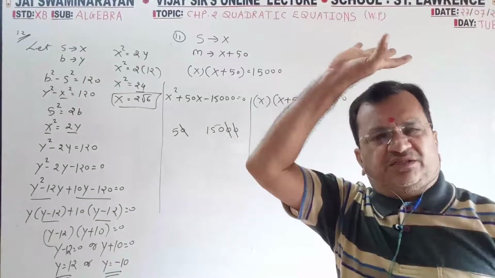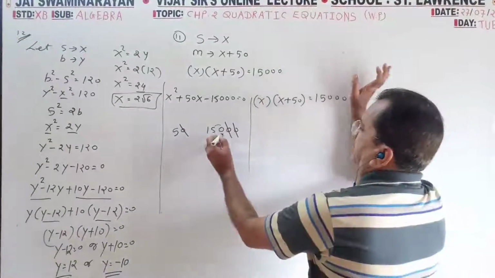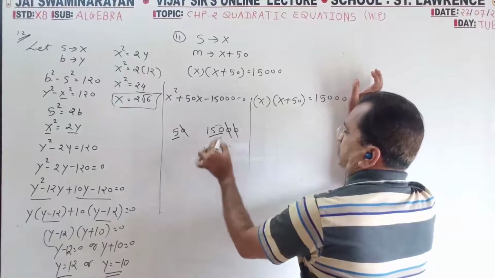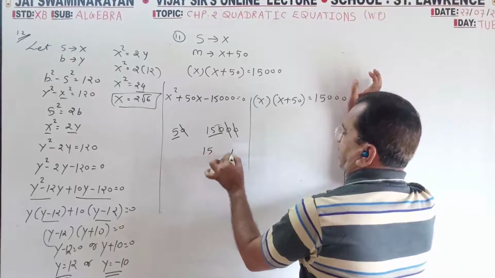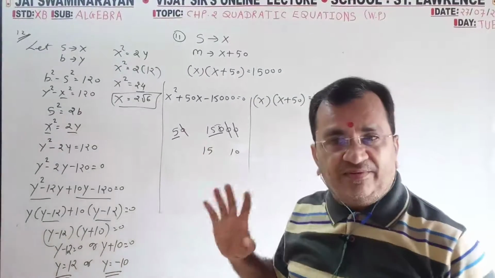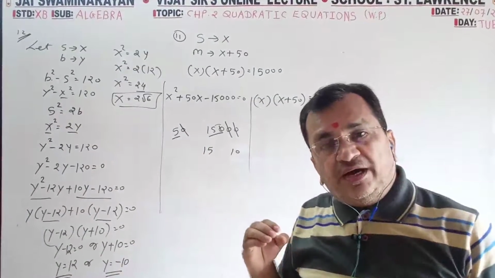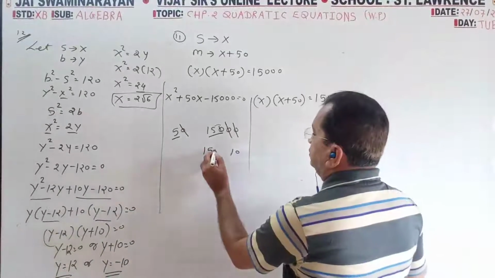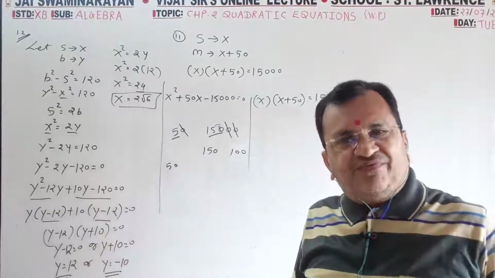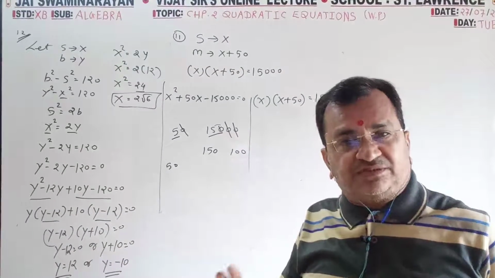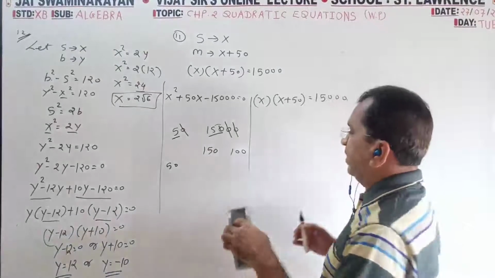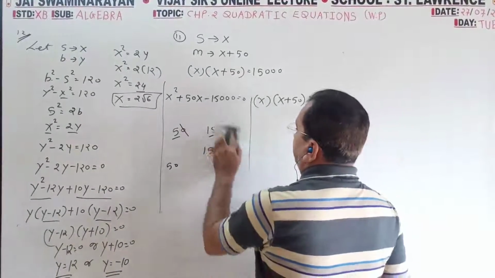This is the best method. From 150 we want 50, we want 5. So again cut 0. So 15 tens are 15 minus 10, you will get 5. Now add both the sides 0 0 0, so the difference also will be 50. This is the best method. No need to do any rough work. So 150 and 100.